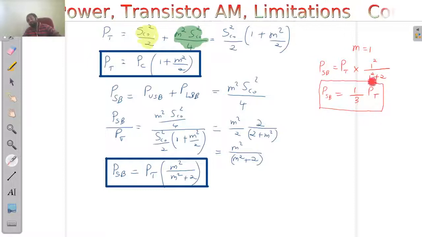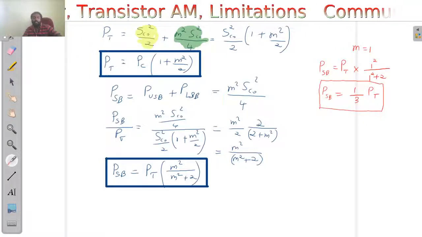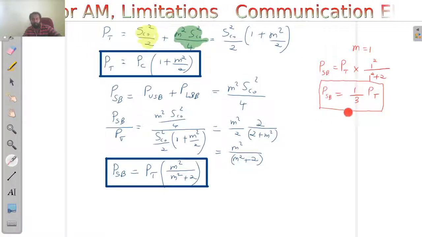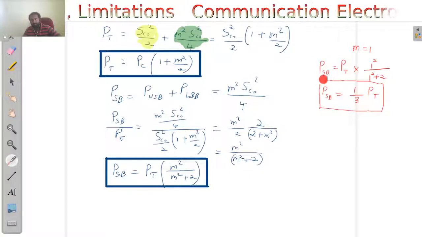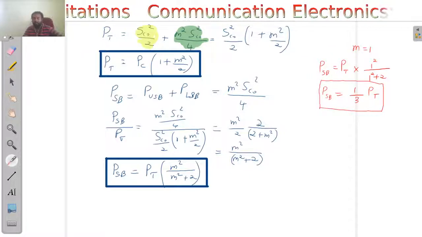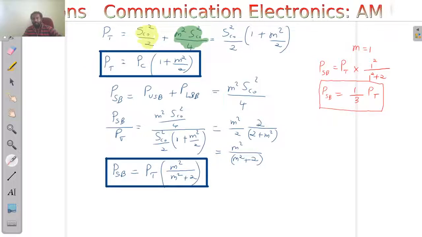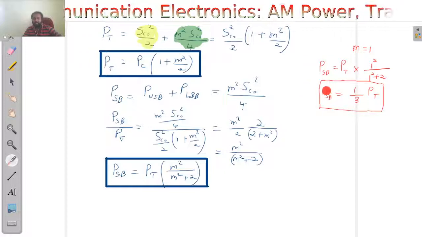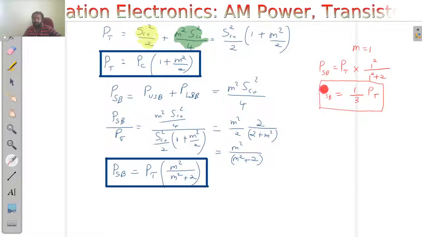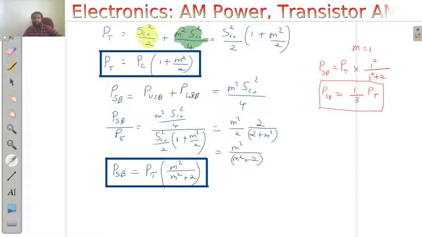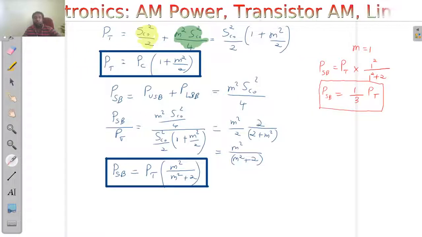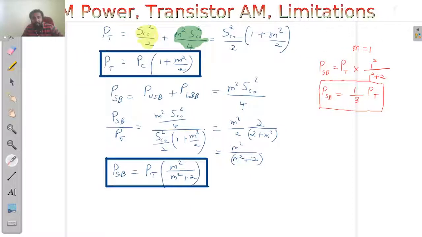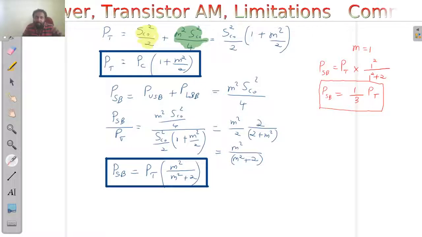From this equation you can see that if you modulate a wave, an amplitude modulated wave, with 100% modulation, or modulation index equal to 1, that is the best case that we have. Still you are having only 1/3 of the total power in the sidebands, and this is a drawback. Why is it a drawback? That is because our sidebands are the carriers of our information, not the main carrier. So the sidebands are taking our information content and not the carrier power.